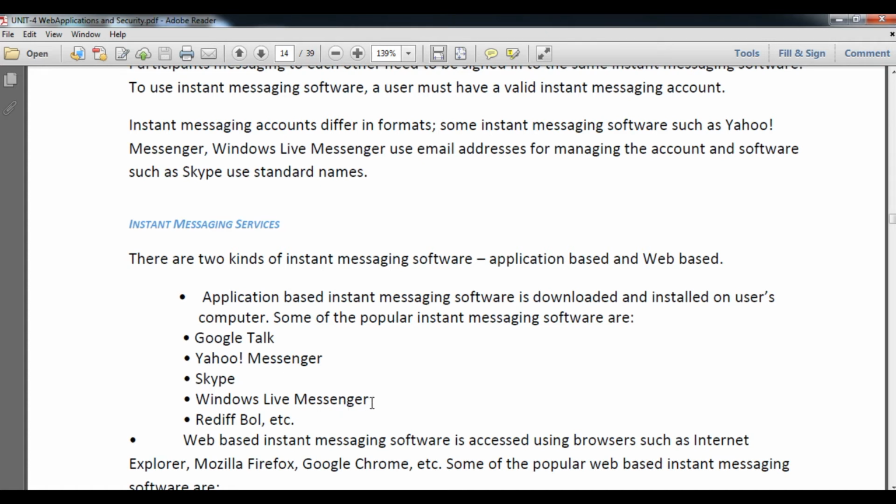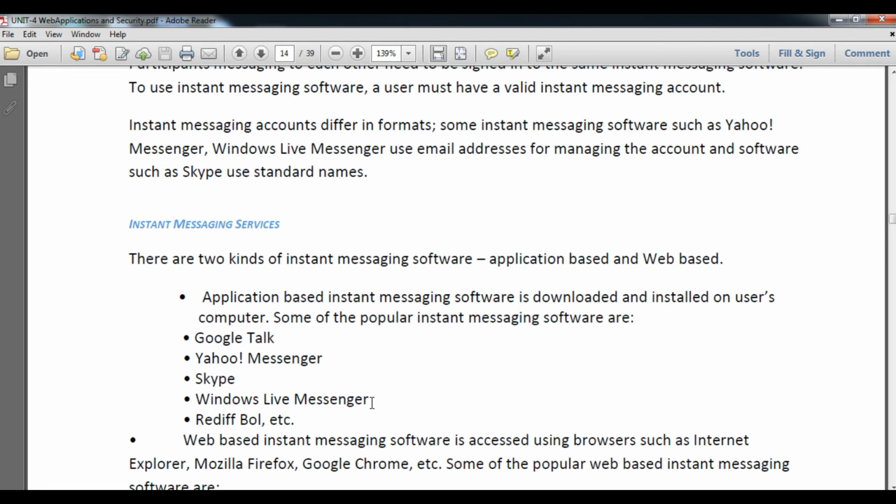Next, Windows Live Messenger: in this you have to create your account with a Microsoft email address. And Rediff is another email domain system, so in this you have to provide rediffmail.com.